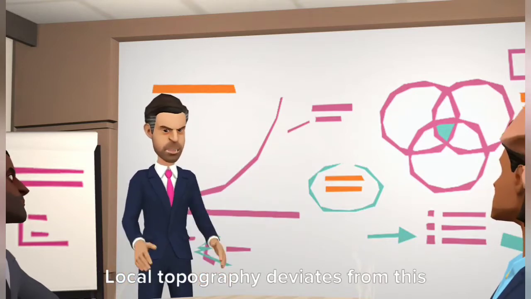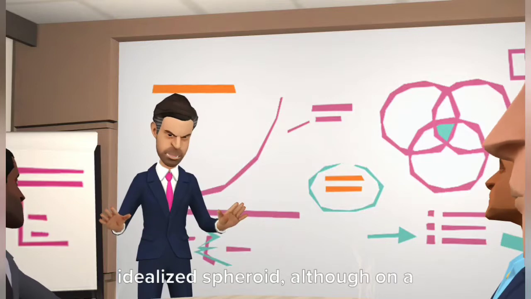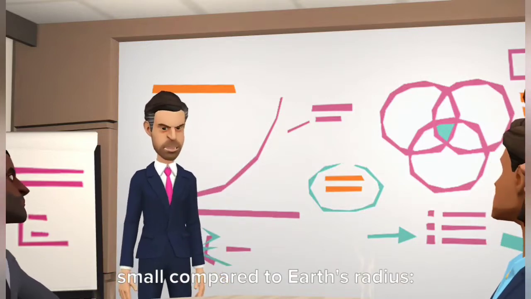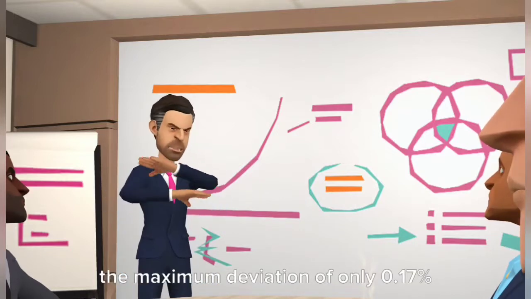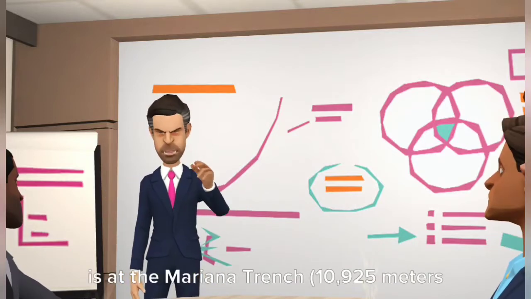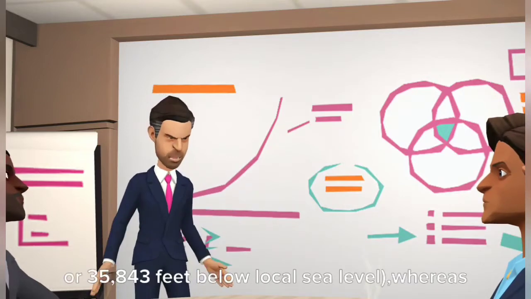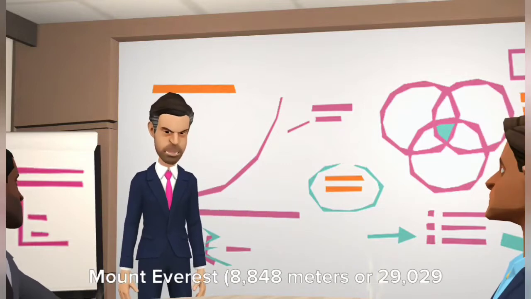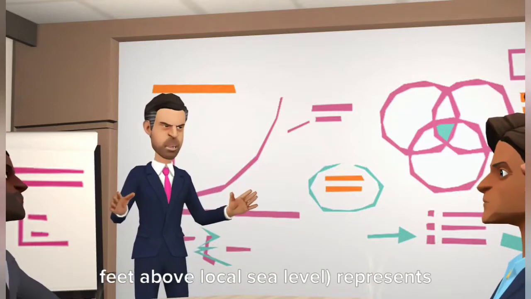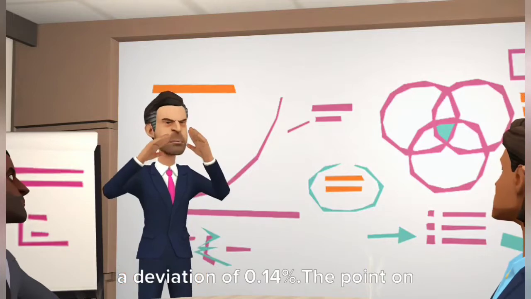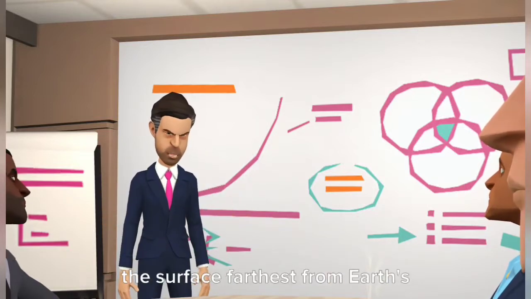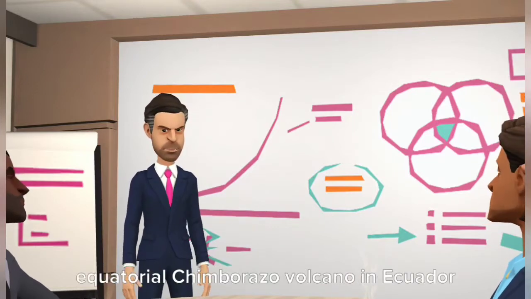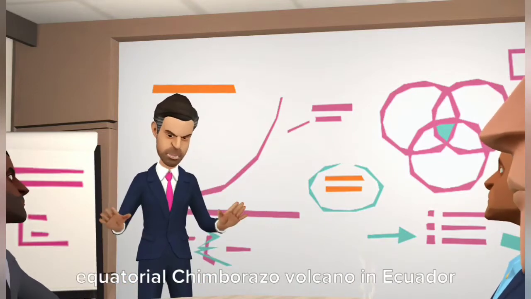Local topography deviates from this idealized spheroid, although on a global scale these deviations are small compared to Earth's radius. The maximum deviation of only 0.17% is at the Mariana Trench, 10,925 meters, or 35,843 feet below local sea level, whereas Mount Everest, 8,848 meters, or 29,029 feet above local sea level, represents a deviation of 0.14%. The point on the surface farthest from Earth's center of mass is the summit of the equatorial Chimborazo volcano in Ecuador,